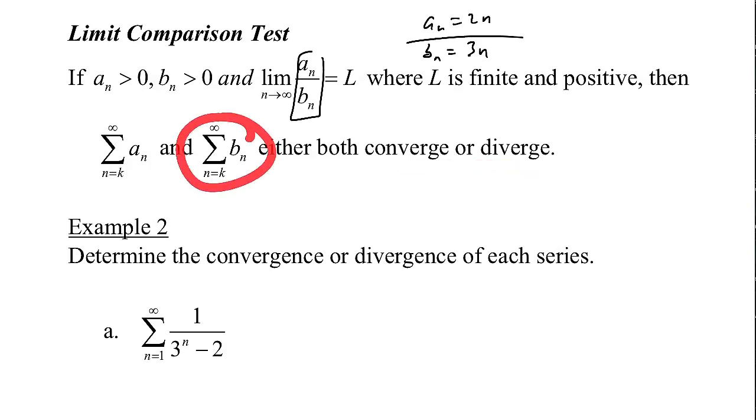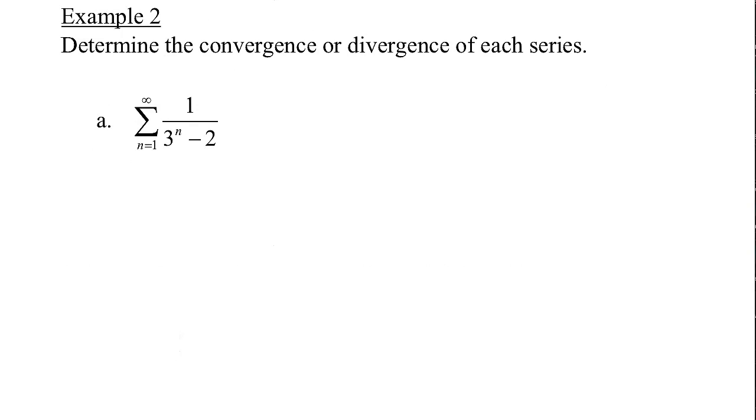So whichever one I compare it to, if I compare it to a P series that I know diverges, and I can show the limit comes out as a positive number, then I can show my original would also diverge, or vice versa, right? So let's take a look at a few example problems. This one, just by an eyeball test, looks like it is going to converge. It looks like a geometric series that would converge. So I'm going to say that a sub n is 1 over 3 to the n minus 2. B sub n, since I want it to converge, I'm just going to let it be 1 over 3 to the n. So if I do the limit of the two,